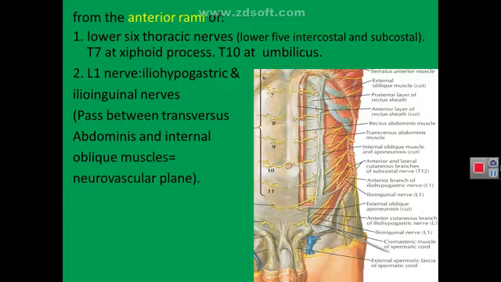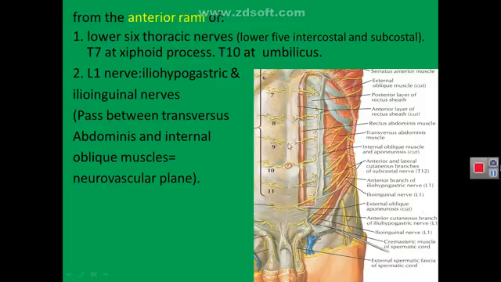So, as we said, the anterior abdominal wall is supplied by nerves, which are the lower 6 thoracic nerves, that are 5 intercostal and subcostal, and also from the first lumbar nerve. Surface anatomy is very important in the nerves of the anterior abdominal wall. You can see that T7 supplies the skin and muscles and peritoneum in the epigastrium below the sternum, and then followed by T8, T9,